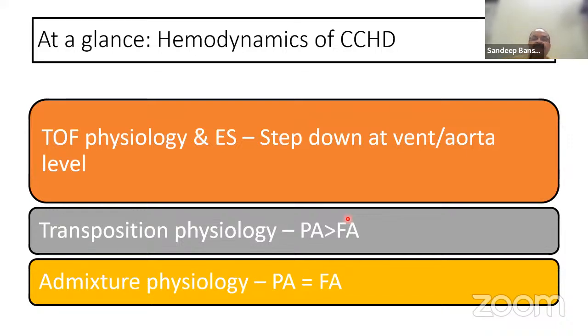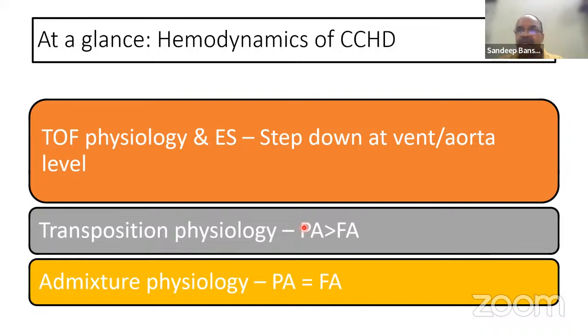As far as the cyanotic heart diseases are concerned, in the top physiology, there is a step down at the ventricular level, or the ventricular to aorta level. So typically from the left ventricle, when you're pulling back into the aorta, there would be a step down. In transposition physiology, this is a very standard thing which we are taught